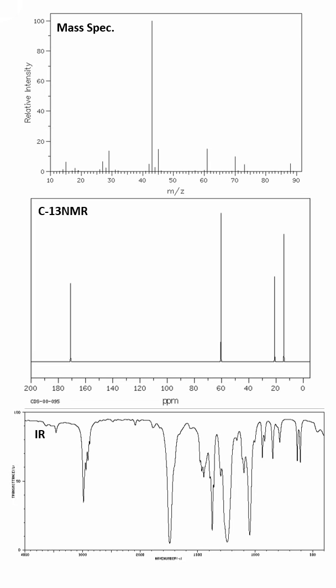Okay, here we have three graphs from three different spectroscopic techniques. We've got Mass Spec, carbon-13 NMR, and IR. We're going to look at these graphs to identify the unknown molecule. If we look at the Mass Spec graph here, we can see that there is a peak furthest to the